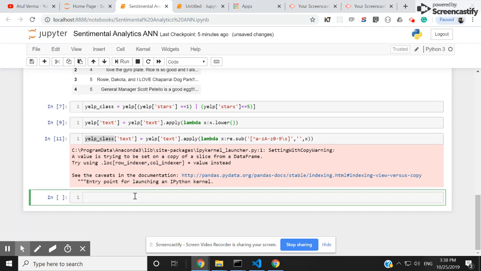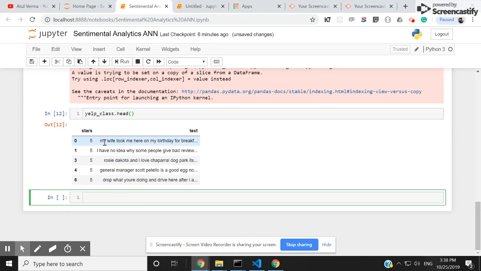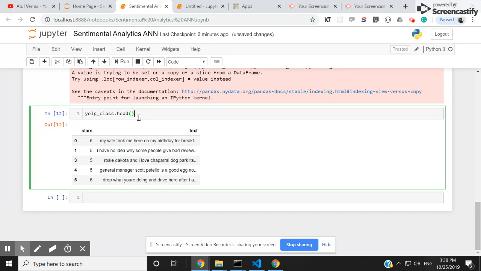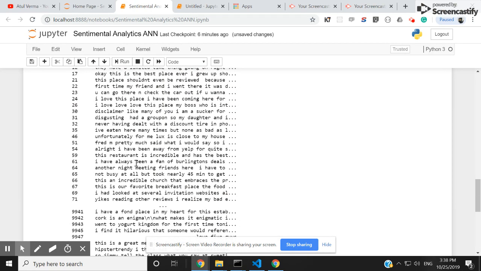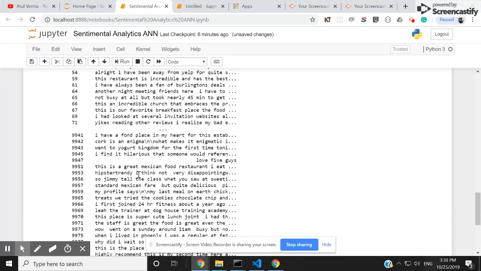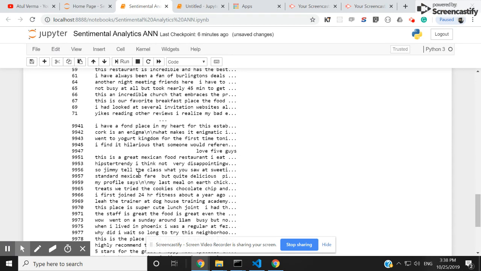Ignore the warning. Okay, now let's have a peek. Now I have all small letters, and if you see, I think we have removed all the unwanted characters. So now it's clean. Now we can proceed with our